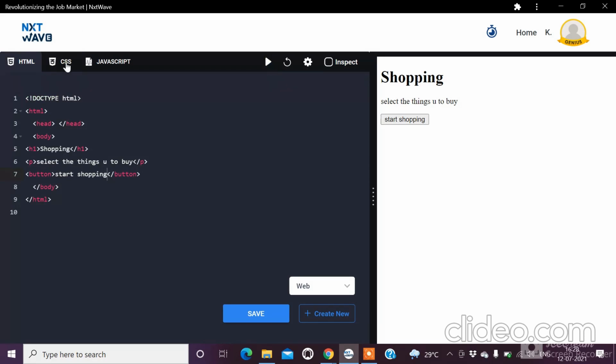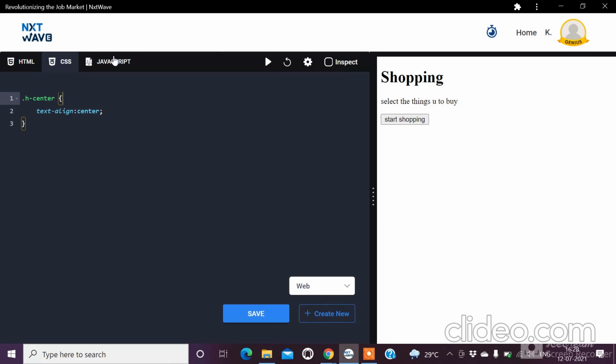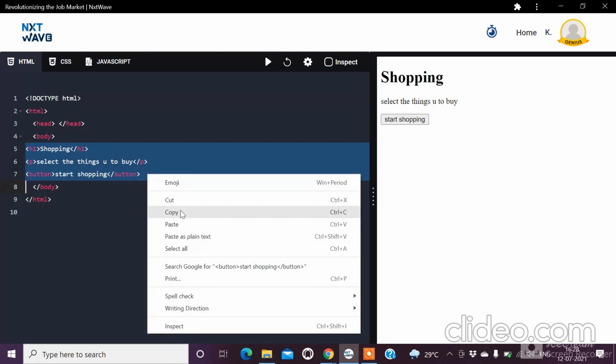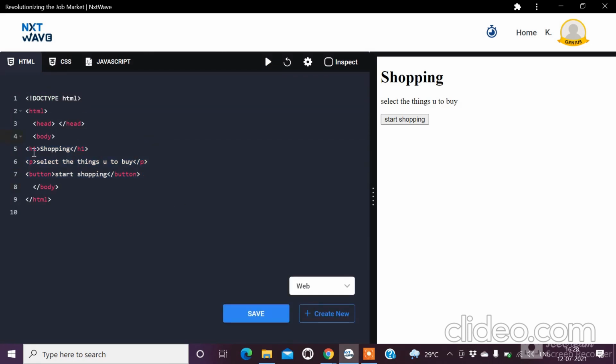First we created a CSS file, and then if we click on run, it won't work because we have to apply the CSS file to the HTML. Okay, how to apply, I will show you. Let's remove the previous one. I'll just copy it for ease. You have to remove it first of all.